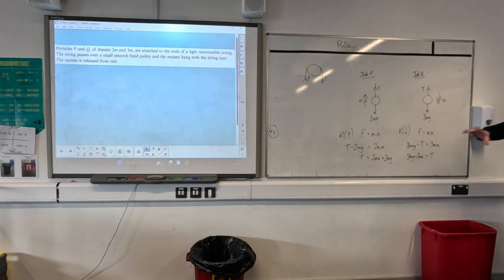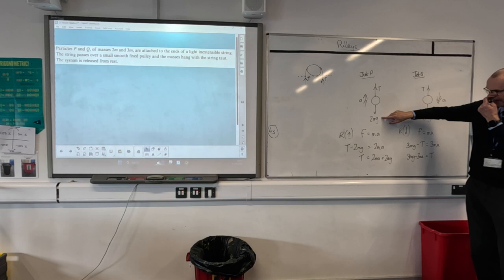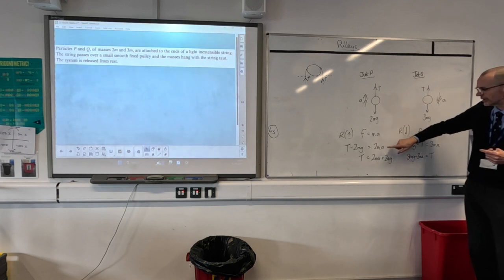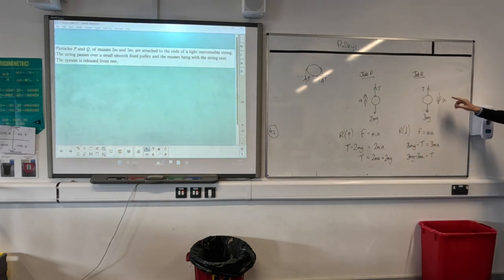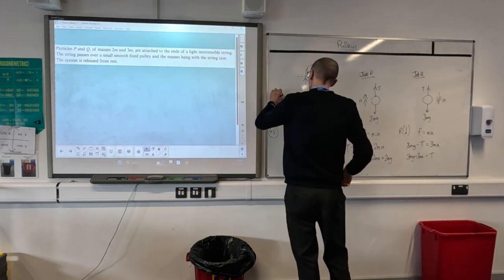So I don't have to do it this way, but I've rewritten both equations as T equals. So this one, I had tension going up minus the weight pulling down equals mass times acceleration. And for this one, I chose down to be positive because that's the way it's accelerating. So I had weight take away tension equals mass times acceleration. And it's quite easy to rearrange those as T equals. T is the same on both sides, so I can just make